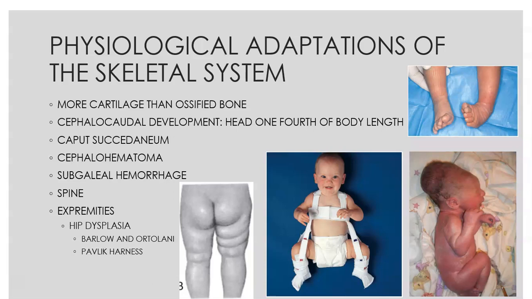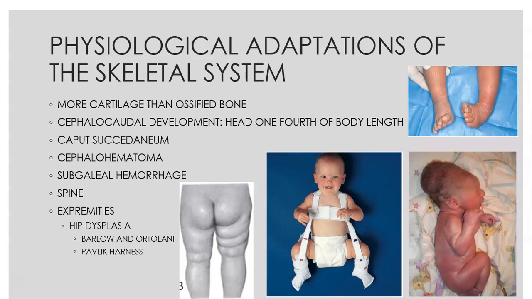So the way we test for hip dysplasia that they do with every baby is the Barlow and Ortolani maneuver. And those of you that have seen a detailed newborn assessment, shown in the video, if you watch that newborn assessment video on Blackboard, they push down and try to push the femoral head out of the socket. That's the Barlow. And then the Ortolani is where they push in, trying to pop it back in. And if they feel a click or a pop, and can hear it, then that is a positive Ortolani, which means they are able to dislocate that hip, which is a bad thing.